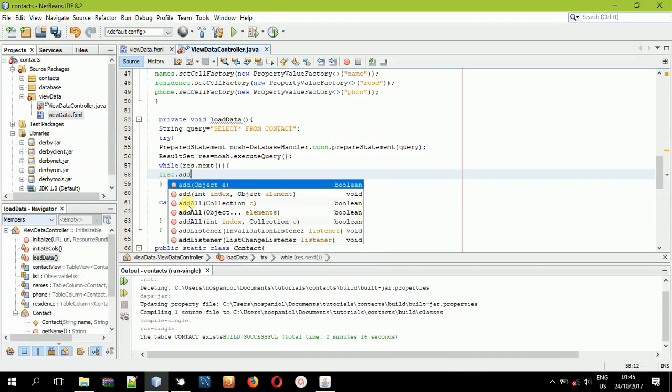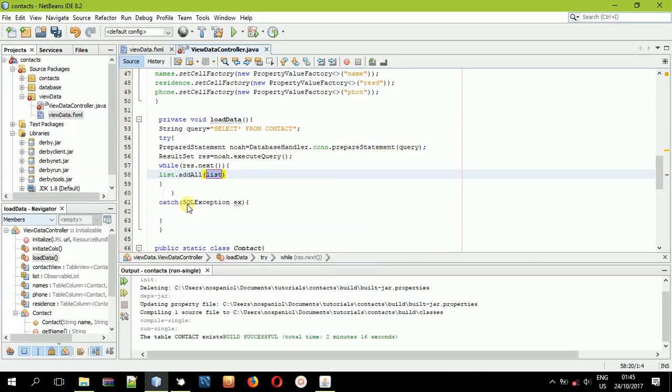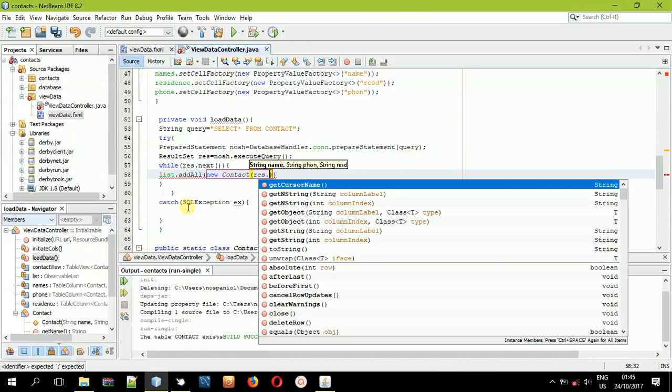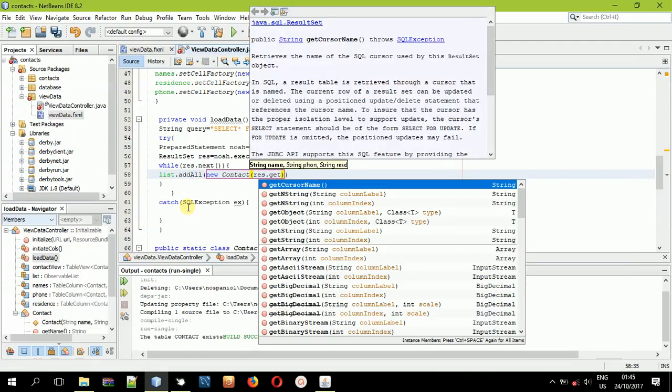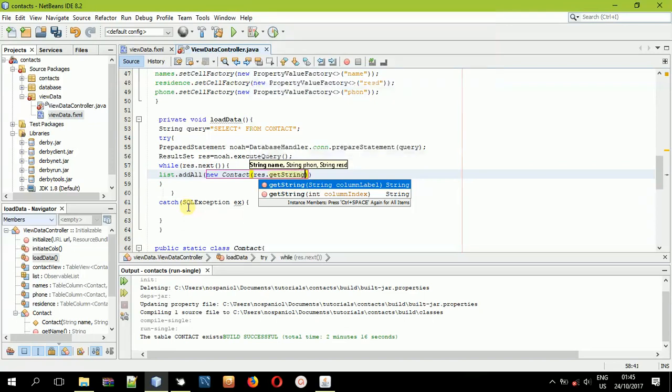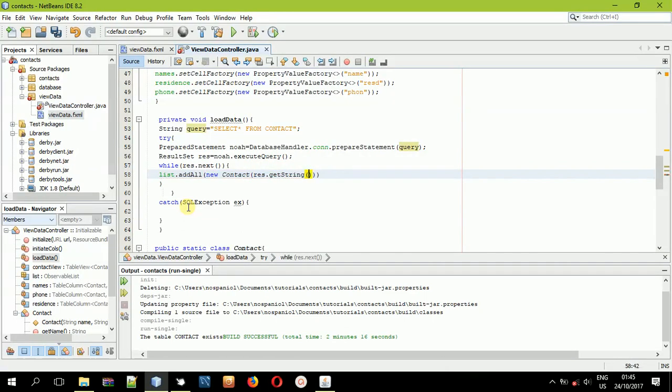So list, you add all, then here you add into the data model of the class contact, and add the values. Then you get the string of the first column. So the string, and you will be getting the string of the first column, that is name. Then after doing that, now comma, you can copy the second string that will be taken here,